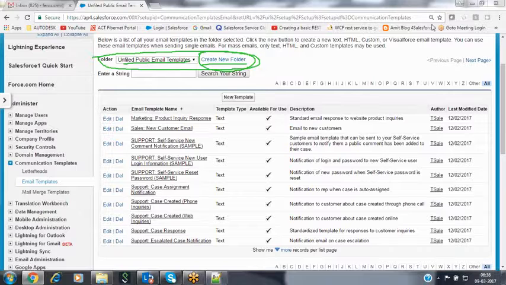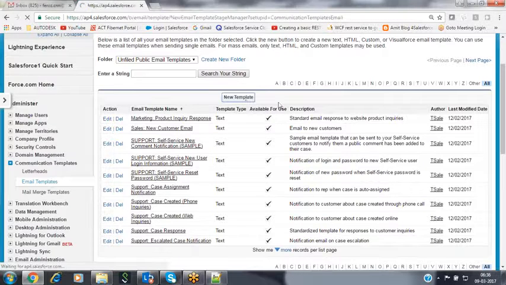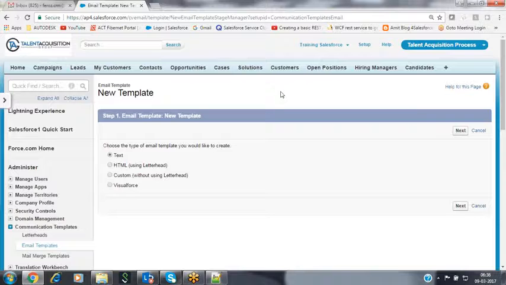So now for that here, in order to create a new email template, just click on the new template button. Click on that new template button to create a new template.